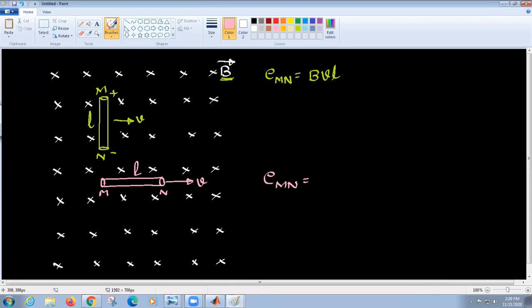Assume that the thickness of the conductor is very thin. You have a very thin conductor like this, and you are moving it like this. Meanwhile, you have magnetic induction into the board.